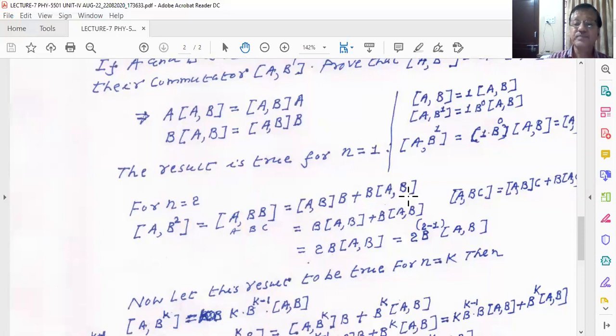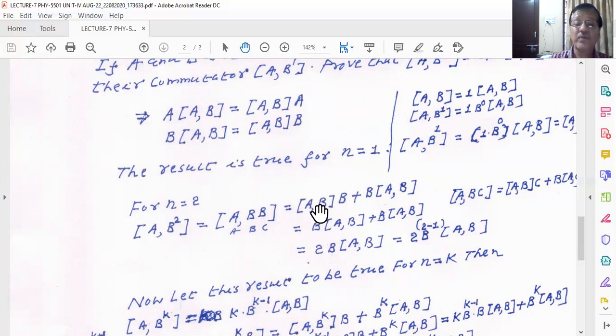Right now you see I'm writing this. Please try to understand: the commutator of AB operating on B. Here I am writing B first, followed by the commutator of operators A and B, because operator B is commuting with the commutator of AB. This is the condition given, and since this condition is given, I can write this: